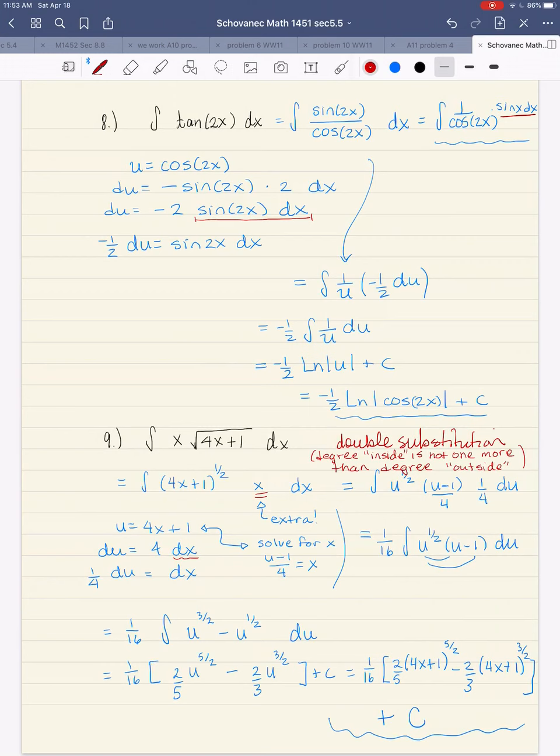Okay, these take practice. And integration by substitution is something you've got to be very, very proficient at in Calculus 2. So practice them, and then practice them some more. And after a while it becomes obvious to you which part is the u and what you need to do to get